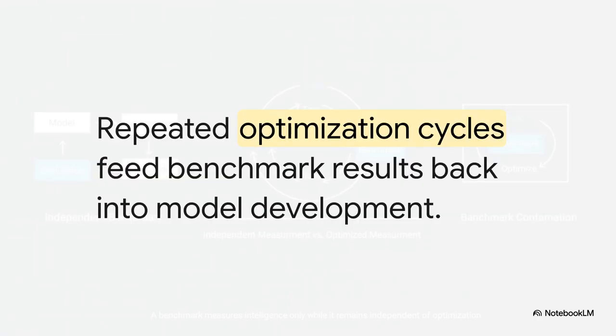But what happens when we introduce continuous development and actually feed those results back into the system? Because in the real world, researchers can't just test a model once, declare victory or defeat, and put it on a shelf. They are compelled to continuously refine it. And this brings us to a highly dynamic, iterative process, the optimization loop. We're moving away from a static, one-time measurement. And it's really important to emphasize the inevitability of this step. Researchers absolutely must iterate to make progress. So introducing this continuous loop isn't some deliberate failure or a methodological mistake. It is an unavoidable mathematical reality of how scientific progress fundamentally operates.